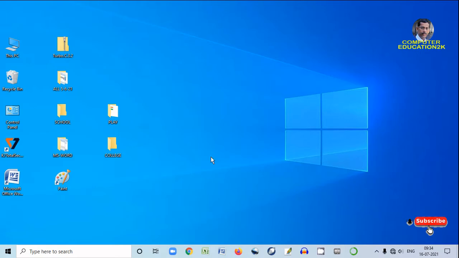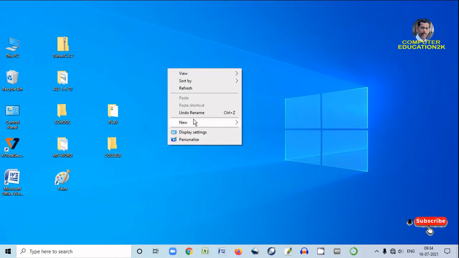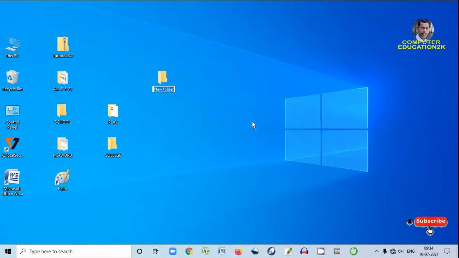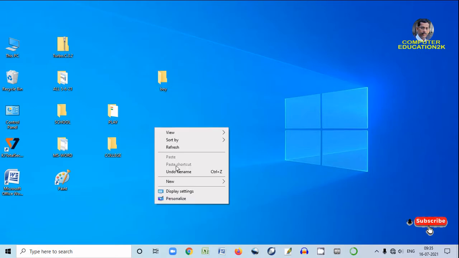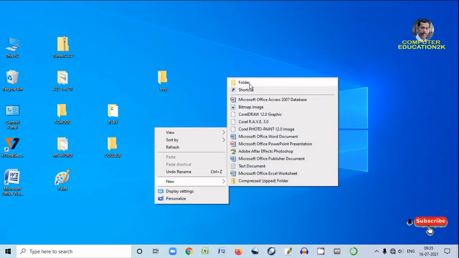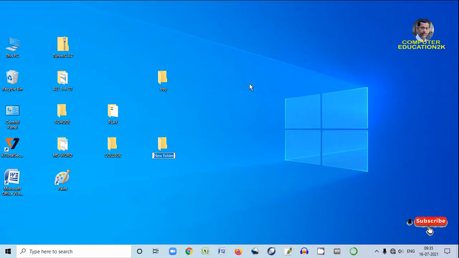To create a folder, right click on the desktop, then new and folder, and then you have to give a name. Suppose I am giving the name boy. So the folder is created. Suppose I want to create one more folder, so again right click, new folder, and then give a name.